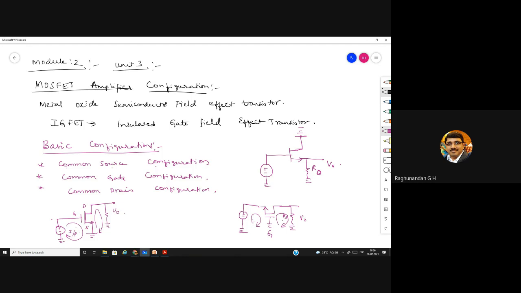So it will be used as a buffer. And one thing you should remember always: whenever you take the output across the source, it is going to have voltage gain as unity. Here we call this a source follower. There we call it an emitter follower. Because have you done this experiment, the Darlington emitter follower